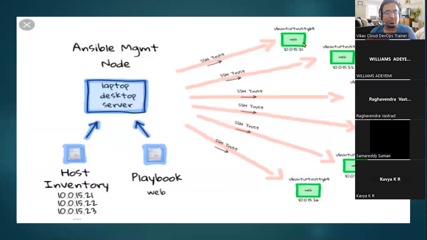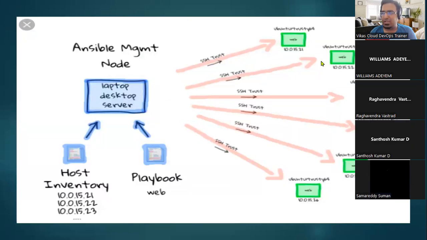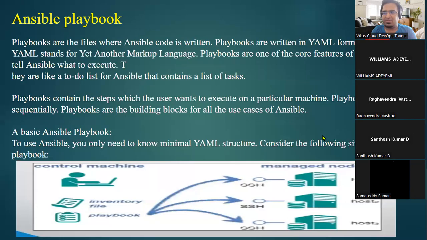If you have less knowledge, you will log into all 50 machines and do the Python installation. As soon as Ansible comes into the picture, you just write one line in the playbook, what to do and where to do it, in the host inventory file, and it will perform the activity.